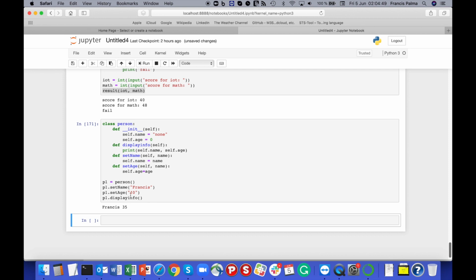So when I am displaying the info, the name was set as Francis and the age was set as 40. I don't know why in this case it was okay, it should be basically not a string, it should be an integer, so that's why